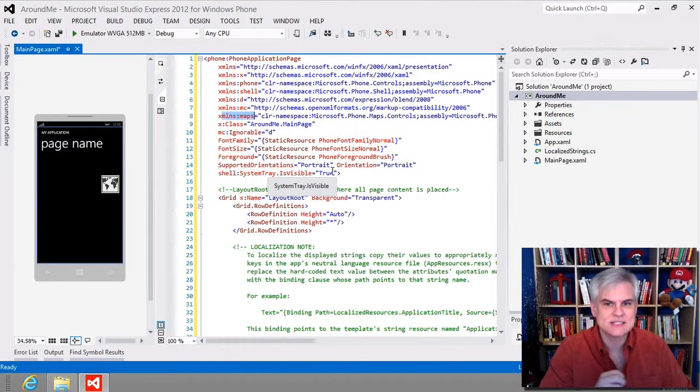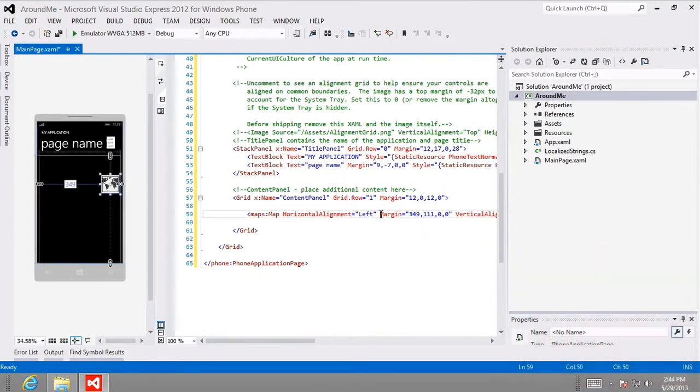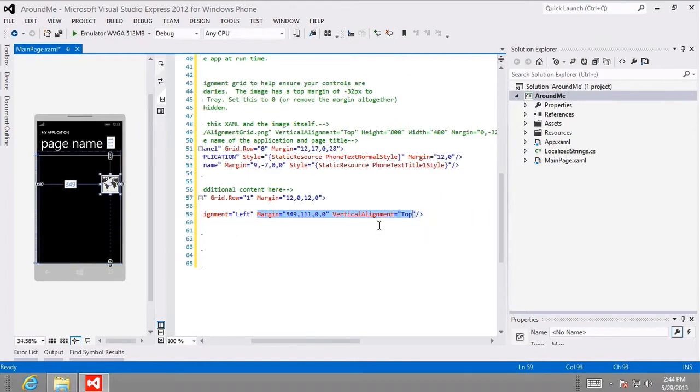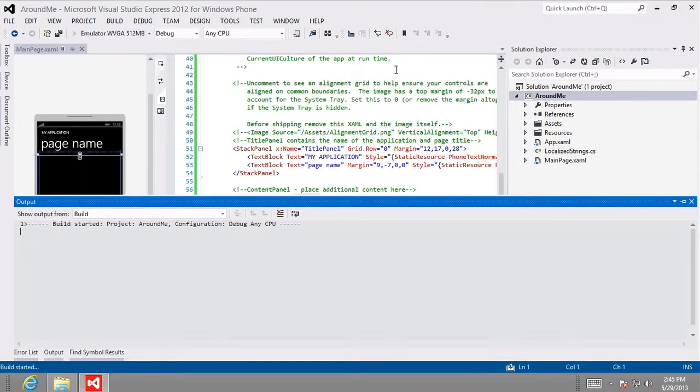I want to edit it to simply sport a name attribute and get rid of all of this margin information and so on. Vertical alignment, we're going to get rid of all that. Horizontal alignment. We just want simply a map with a name. And I'm going to call this the AroundMe map. All right, there we go. You can see by removing all of that positional information, it just centers the map here in my content panel. Very cool. Now if I were to try and run the app at this point,